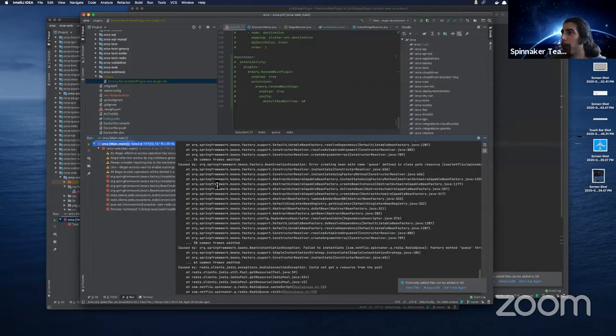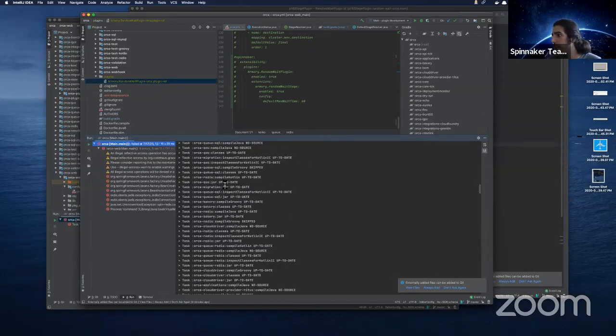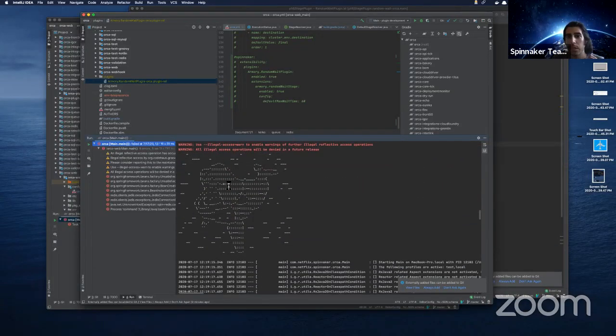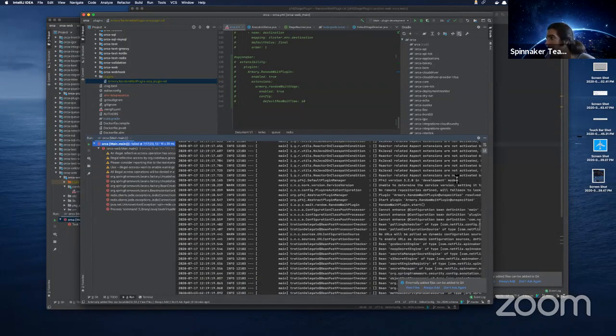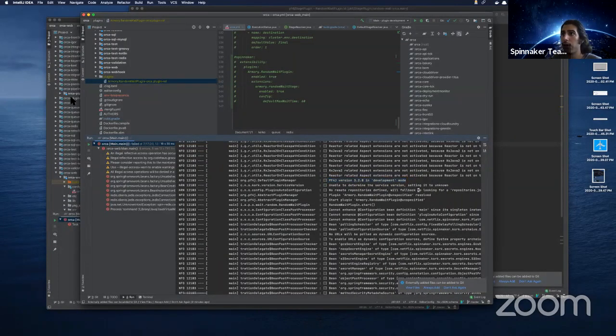So we'll move on to there, but you can see as the service started up, it is in development mode. What that means is it knows to look at the configured plugins directory and load whatever is there. So you can see it's starting the plugin, the random weight plugin, and we have our